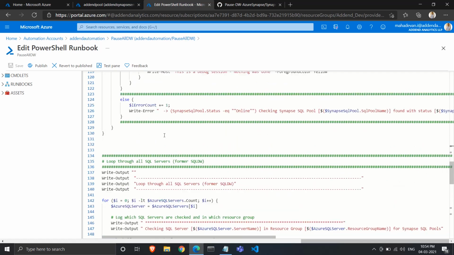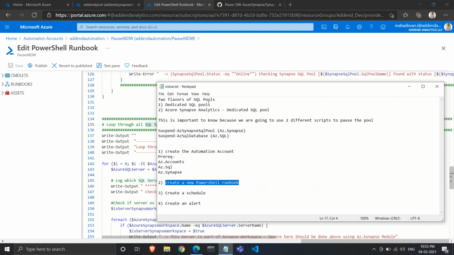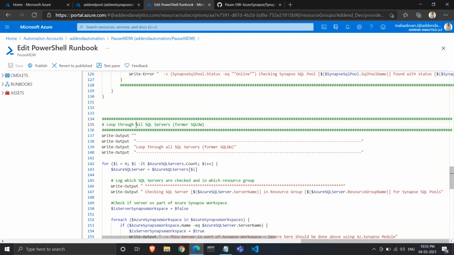And yeah, in the second part of the script, it will loop through all the SQL servers that are present in your resource group. The first flavor that I had mentioned, dedicated SQL pool, is hosted on your normal SQL server.